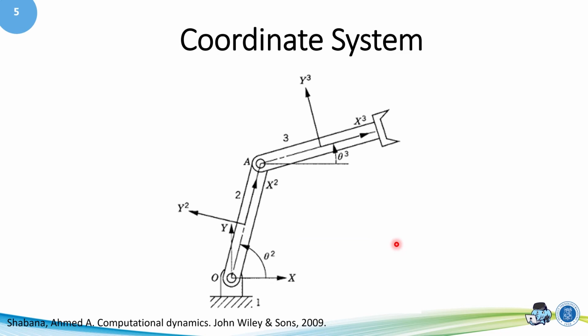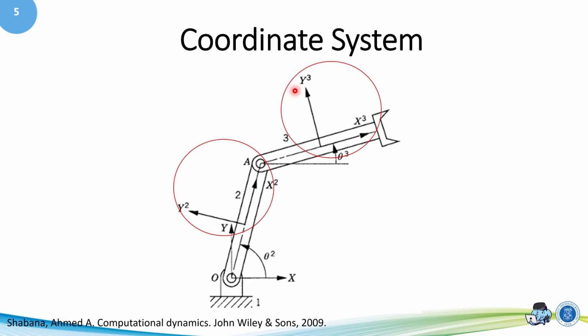I will give you an example of the robot arm mechanism, as you can see in the slide. The robot arm has 3 links. There's link number 1 and link number 2 from O to A, and link number 3 as you can see here. Each link needs its own local coordinate system. But usually we use the local coordinate system of link number 1, or the ground, as the global coordinate system. So in this robot arm mechanism, we have 1 global coordinate system and 2 local coordinate systems. The 2 local coordinate systems are x2, y2 and also x3, y3.